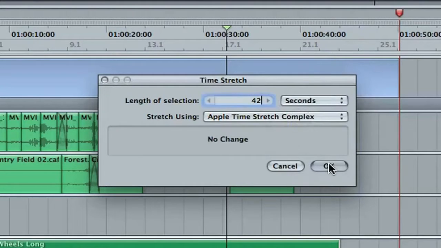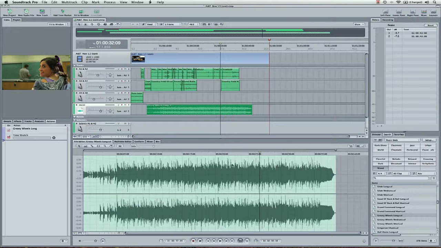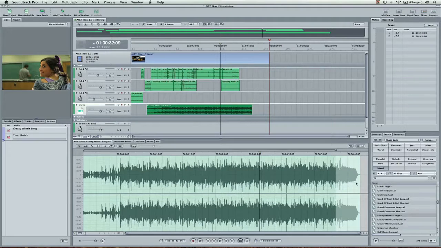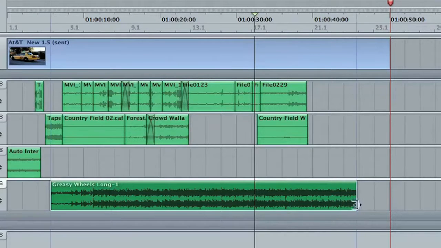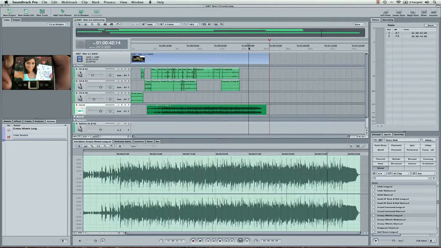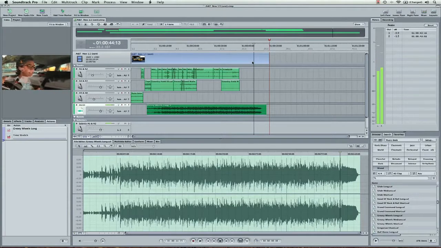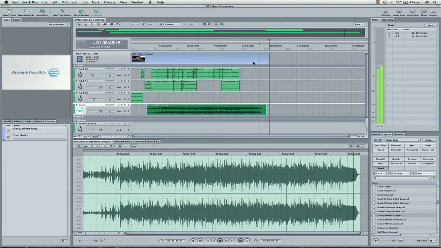Hit 42. OK. Now in our editor, you're going to see it's actually added this extra white area. It's given us some more frames to work with, so I'm going to open this up, and voila. So let's check and see how this sounds. Nice. So it's added that,